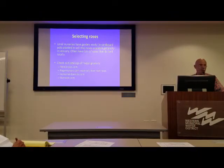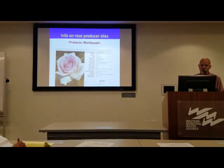Your local nursery probably has a list of rose bushes that do well here. They probably stock them in January. The local Rose Society would have the same material. You can also check out the catalogs for the major rose growers. And here are the names of several of them. What's nice about that is that